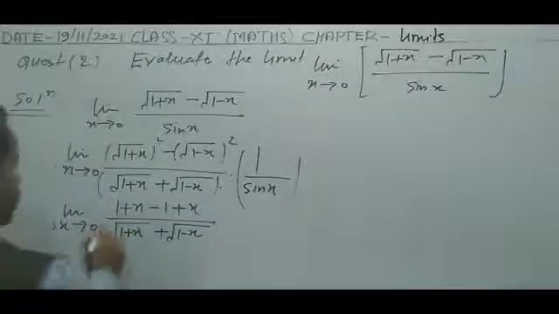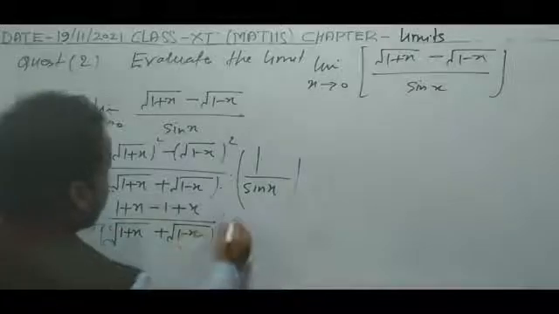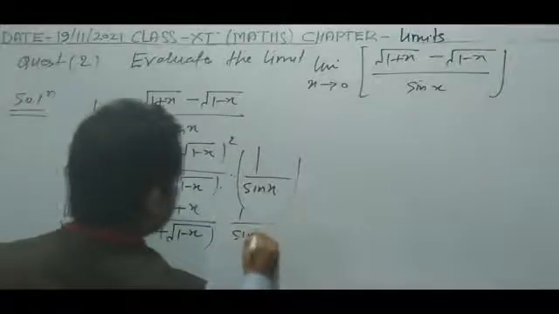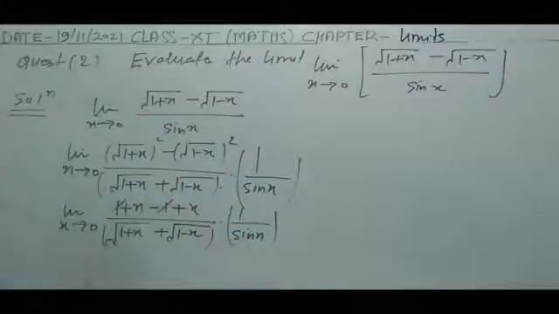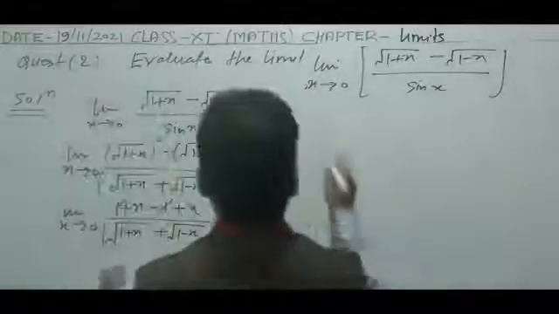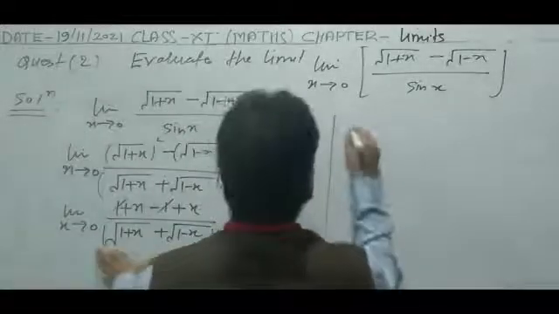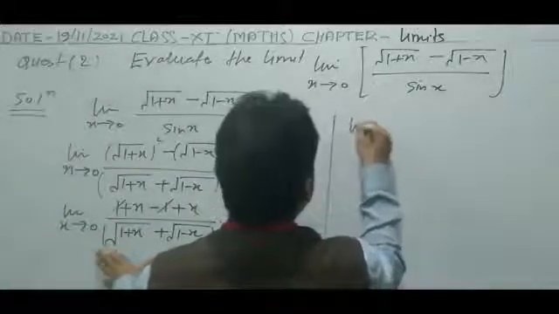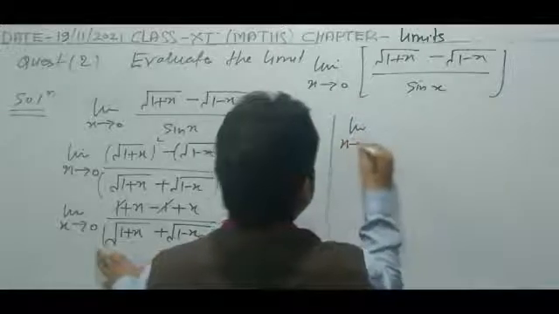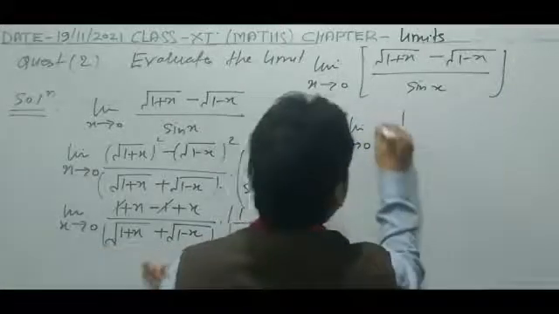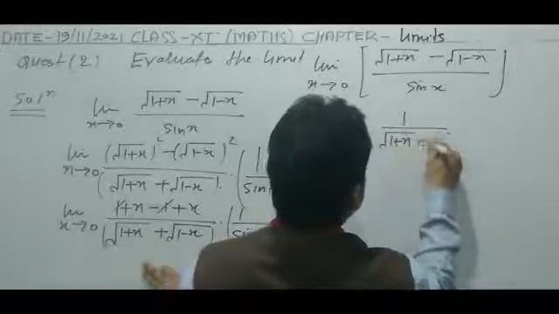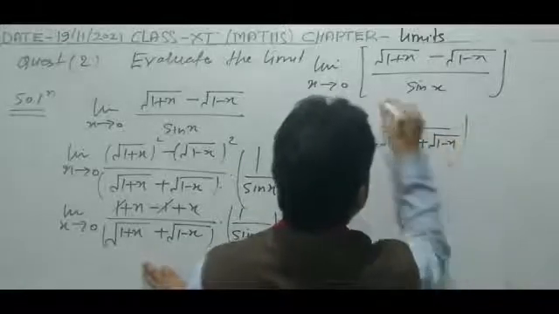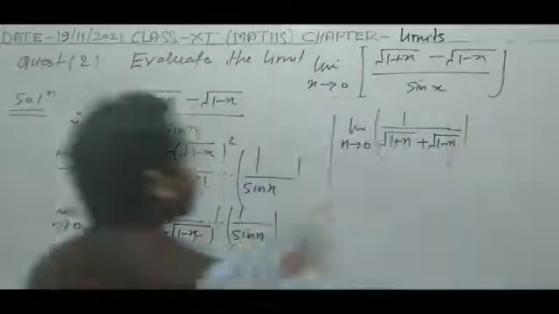This step is clear? Now 1 upon sin x, this minus 1 is cancelled, so this will be 2x, and now these steps we can write limit x tends to 0, 1 upon root over 1 plus x plus root over 1 minus x into